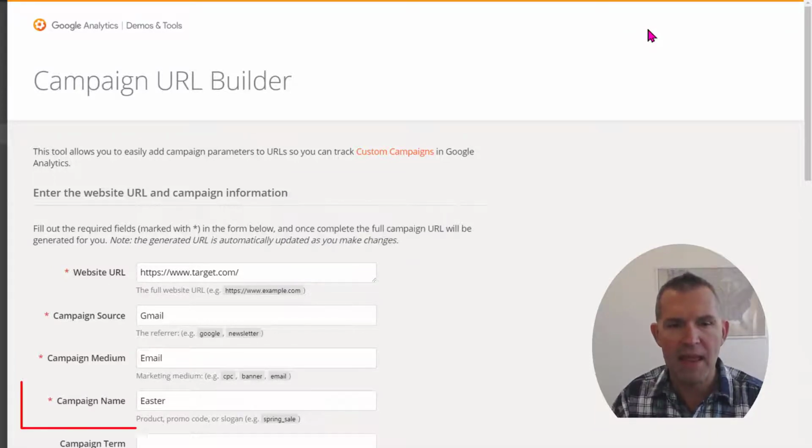Now the campaign name is if you want to differentiate between the offer or maybe the type of campaign. In this example, I'm going to use Easter. Maybe you're doing a Christmas campaign or a 50% off sale. You would put that in there for the campaign, because at the end of the year you're going to have all your campaigns in your analytics, and you're going to want to know which of the different campaigns are working,